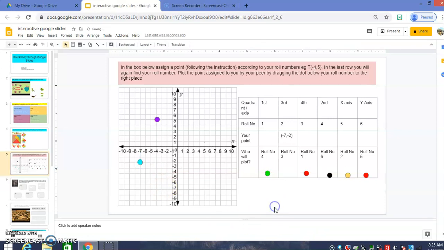So thus the point has been correctly dropped to -7, -2. In this manner, 6 students will work on one Google slide. You can duplicate such kind of slides for the next 6 roll numbers and so on.